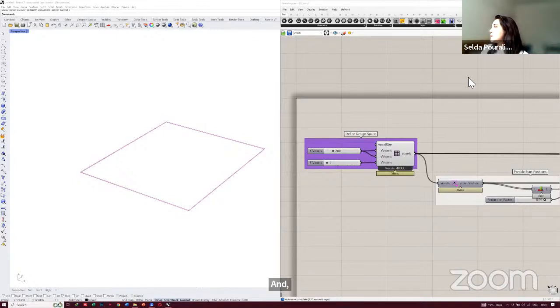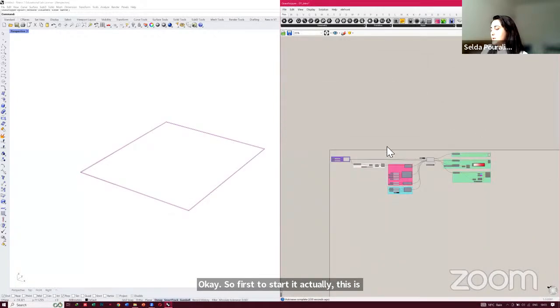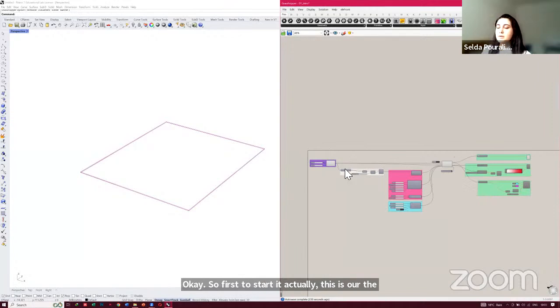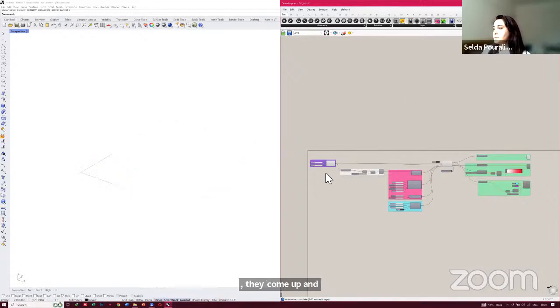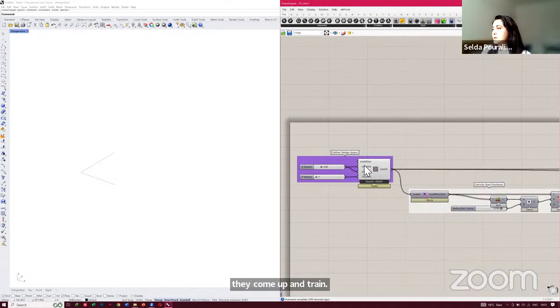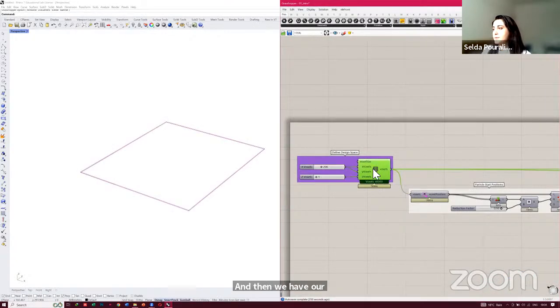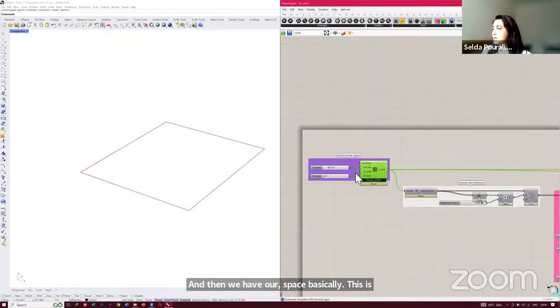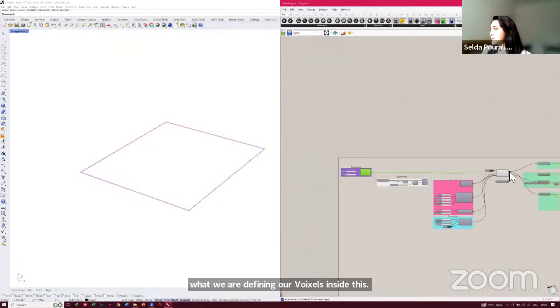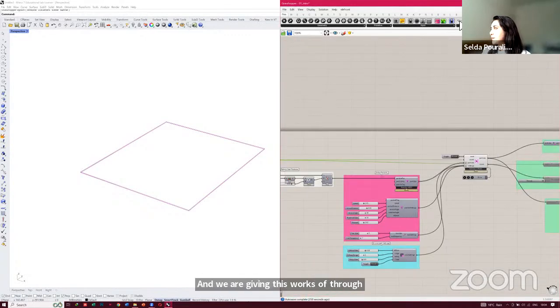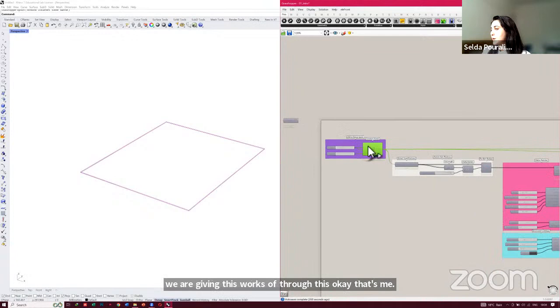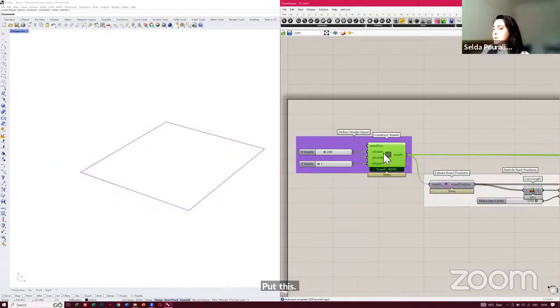This is the simplest way to create a Physarum environment, and we have our 2D environment, like the data map and trail map, and then we have our space. Basically, this is where we define our voxels, and we give these voxels to the solver. So these are our voxels